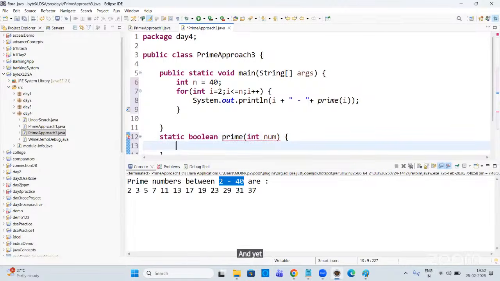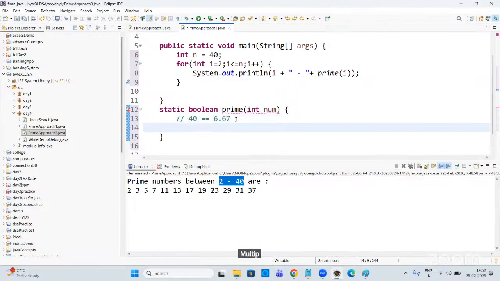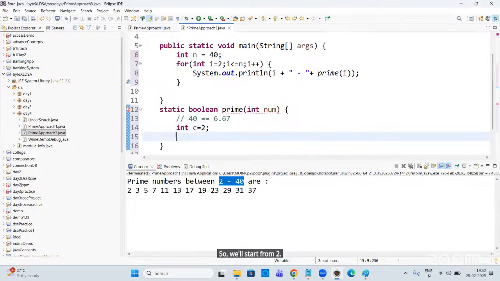And here we are checking 40. So our target should be somewhere around 6.67. I have taken this number roughly, multiplied by 6.67. Is it coming or not? You can see. So we'll start from 2 and we'll tell while